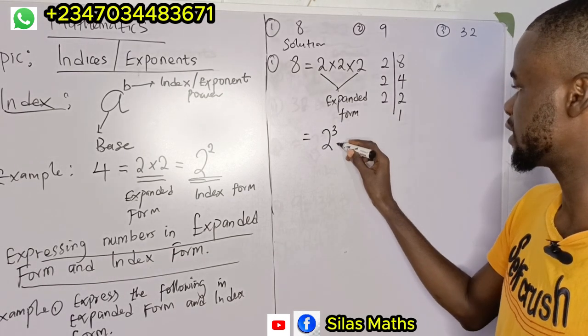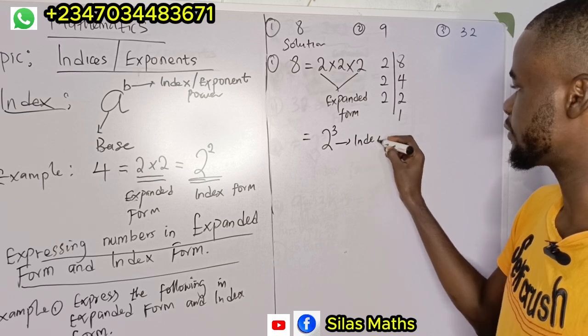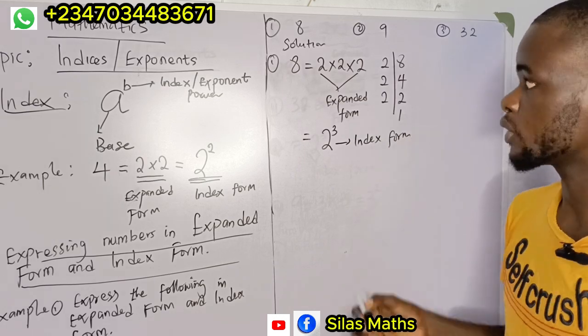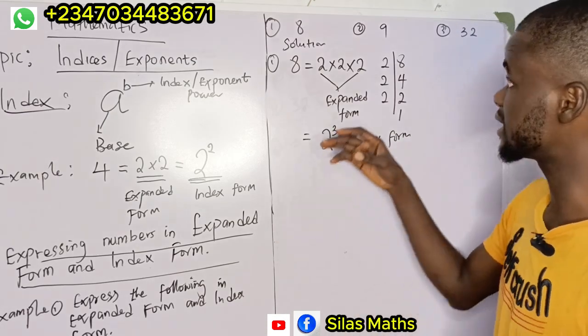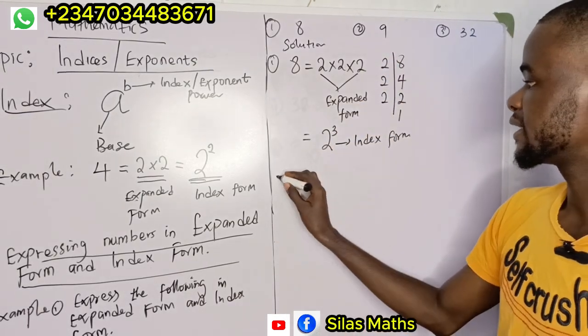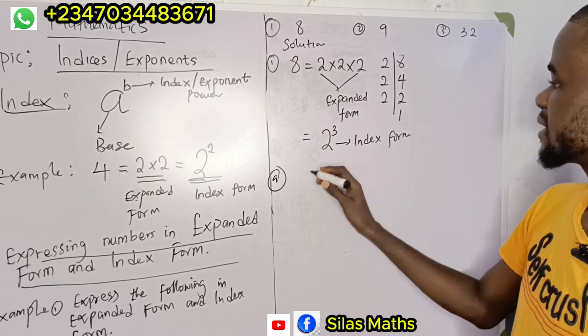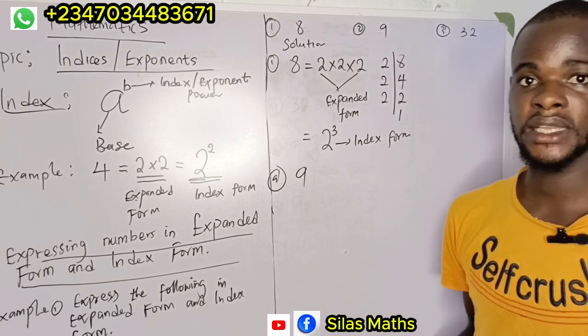This is what we call index. This is the index form of the number 8. Alright, so let's also consider the next one, which is 9. To express 9 in index form, we go ahead and